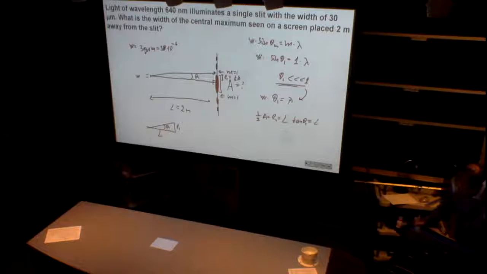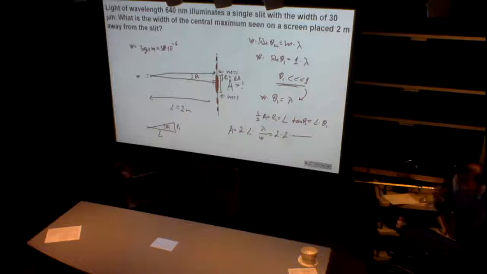However, as we know, for small angles, we can just drop the tangent symbol. Now, if we want to calculate this width, it's going to be 2 times length times angle in radians, which is wavelength over W,